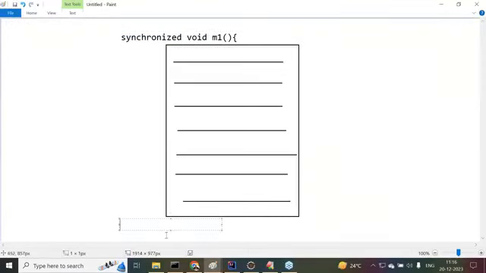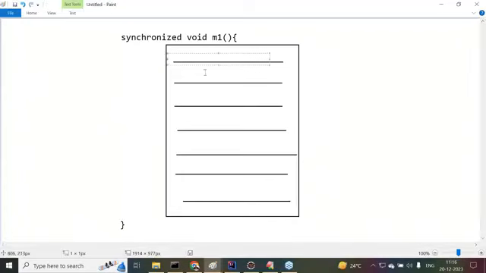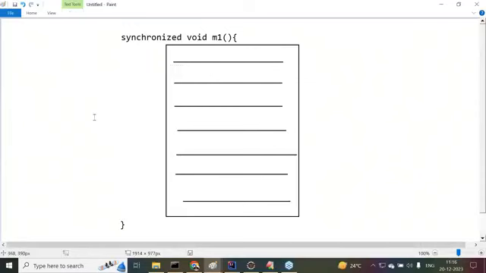Now here we are going to close this. Synchronized void M1 method. The number of instructions available inside this M1 method, say for example, 100 lines of code. Alright, sir. Now here overall 100 lines of code.